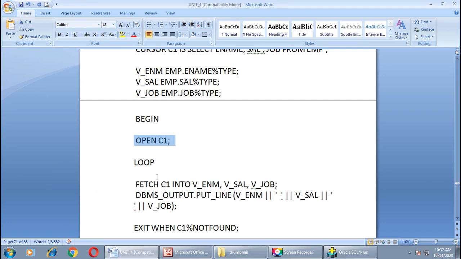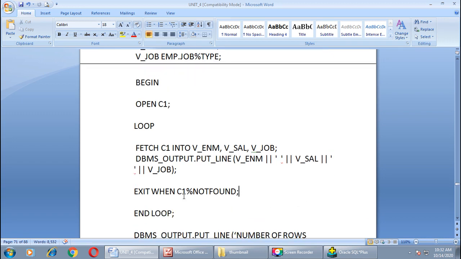Here we will cover the fetch statement inside the loop. Loop begin, then fetch C1 into v ename, v salary and v job. Print the value of all these variables using the dbms output.putLine statement. Our exit condition is exit when C1 does not find any rows returned by the select statement.